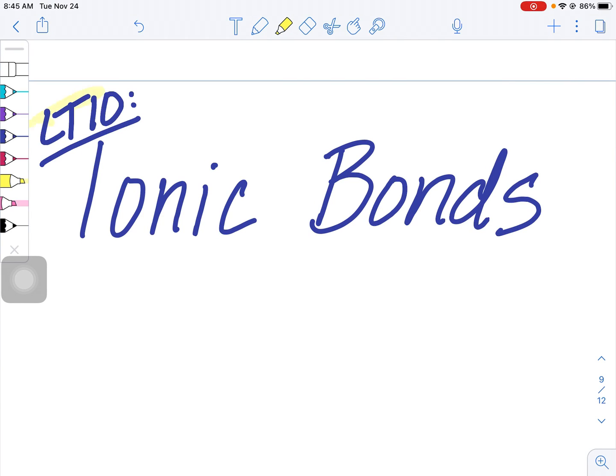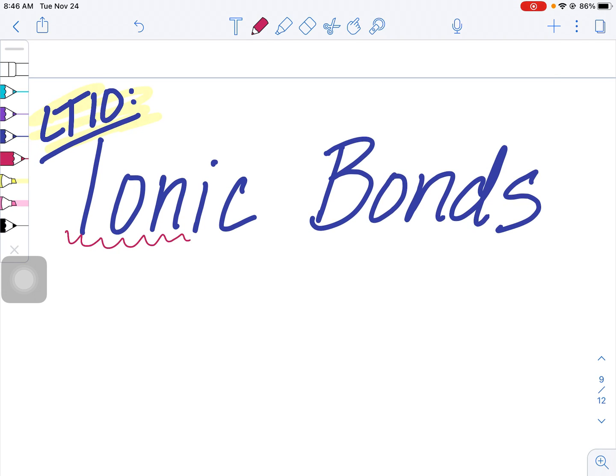So learning target 10, checking out ionic bonds. The very first thing I always like to start with for ionic bonds is the word ion. We have to remember what an ion is because we can't create an ionic bond without one. An ion is an atom that has gained or lost